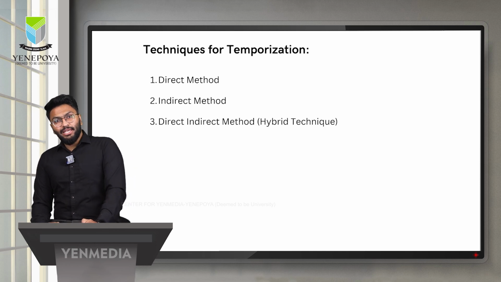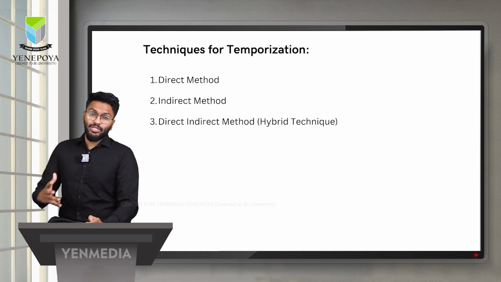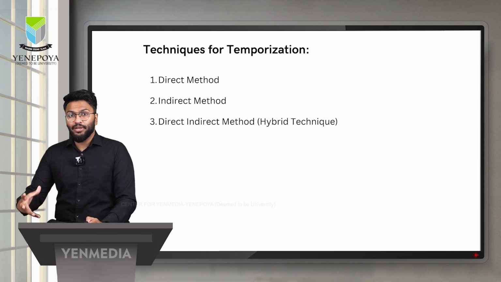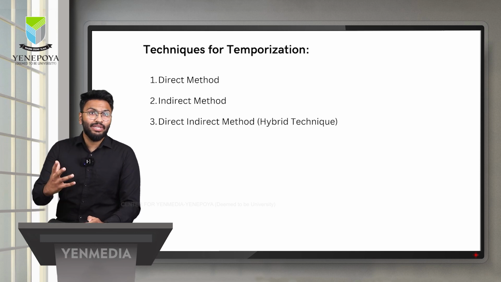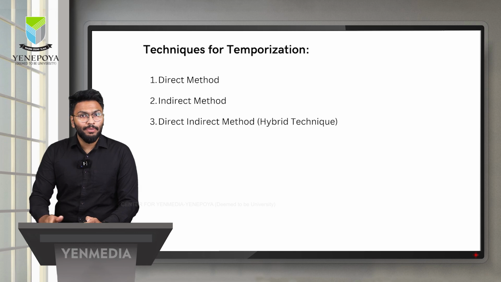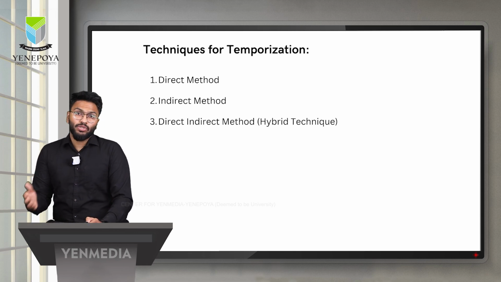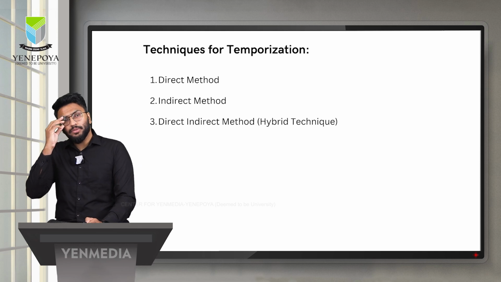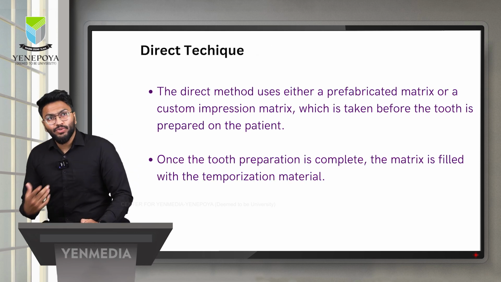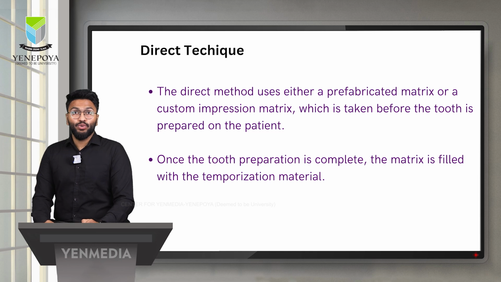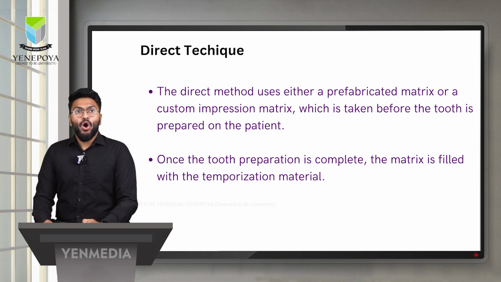Now coming to the different techniques for temporization. As I was saying, temporization is the process of fabricating a temporary restoration. We have three methods to do it. We have a direct method, an indirect method, and a direct-indirect method, which is also called the hybrid technique. Coming to the direct technique, the direct method uses a prefabricated matrix or a custom impression matrix